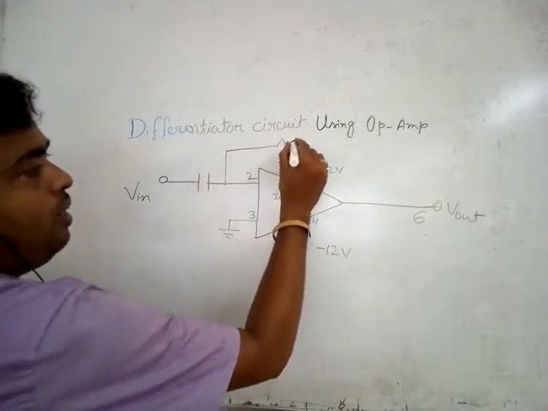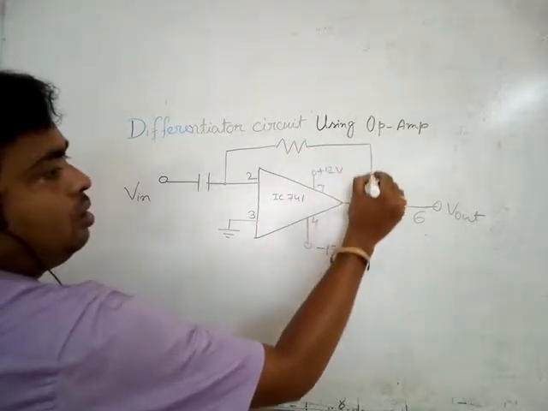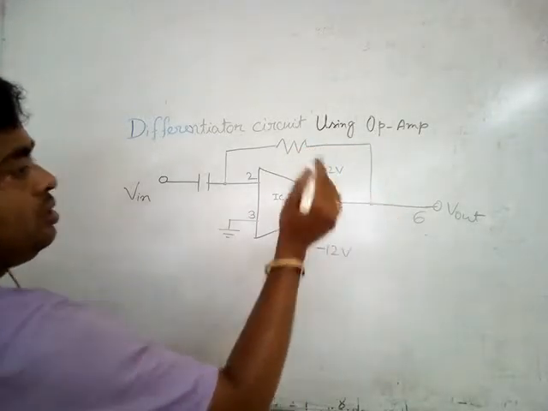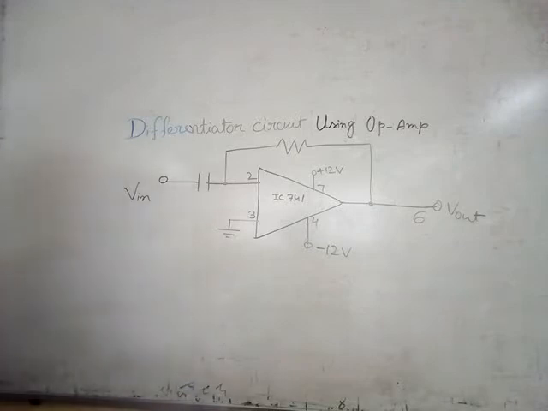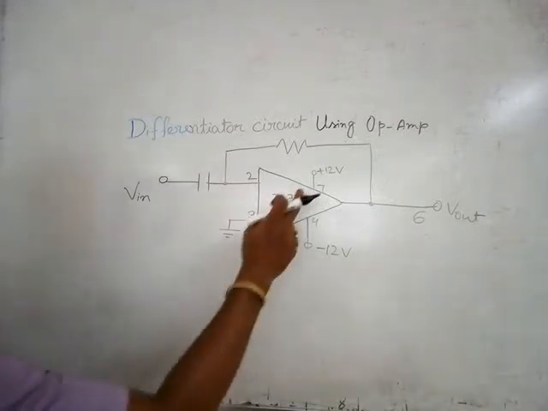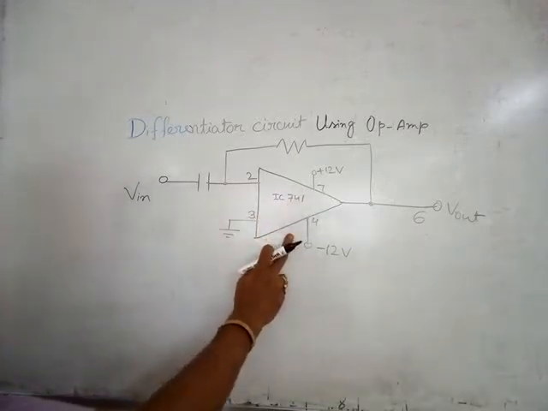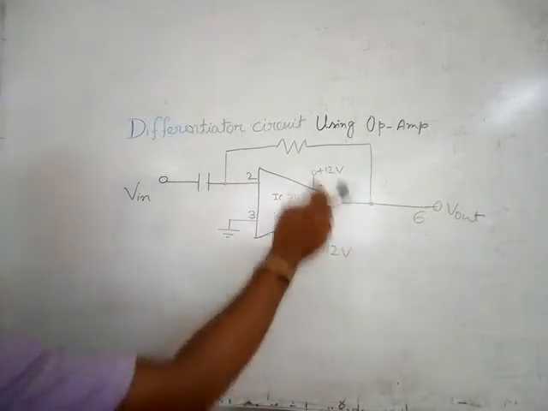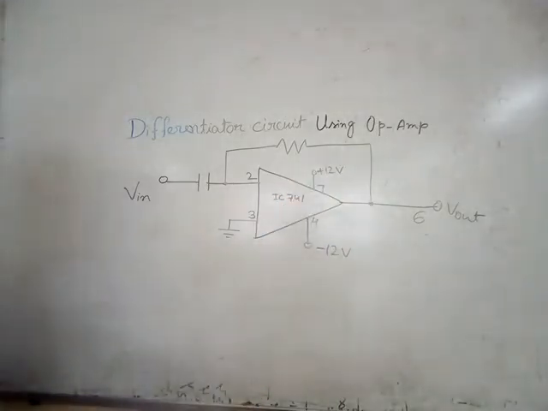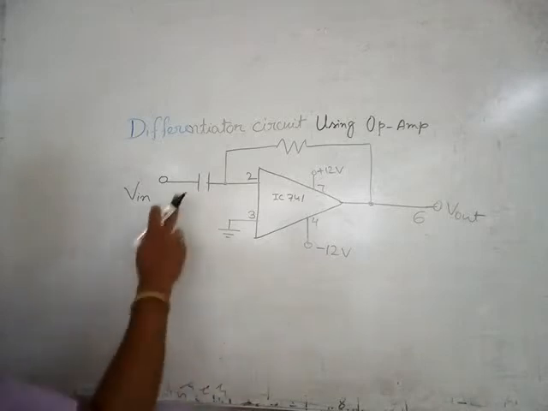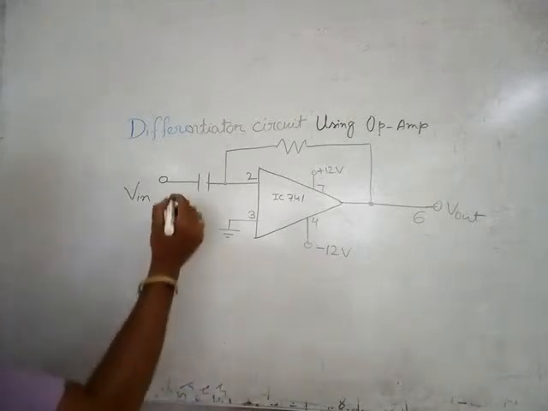Pin number 2 and 6 are shorted through a resistor. So you have to be very careful about pin number 7 and 4. These should be connected to plus 12 and minus 12. If opposite, then the IC will be burned. So be very careful. The value of the capacitor is